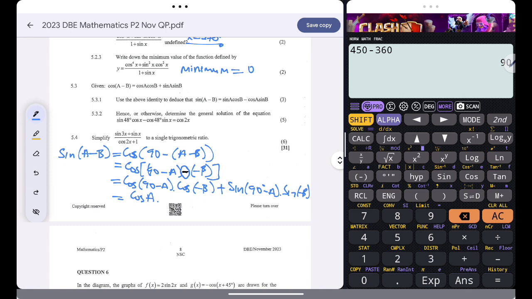Negative angles are in the fourth quadrant. In the fourth quadrant, cos is positive, so I'll simply have, when I have 90 minus, I must always use the co-functions. 90 minus is in the first quadrant, everything is positive there, so I'll just change to sine A, and then this will be cos beta plus